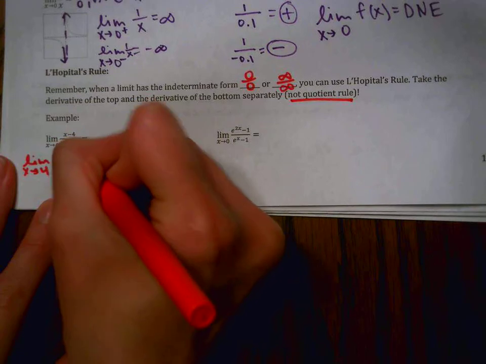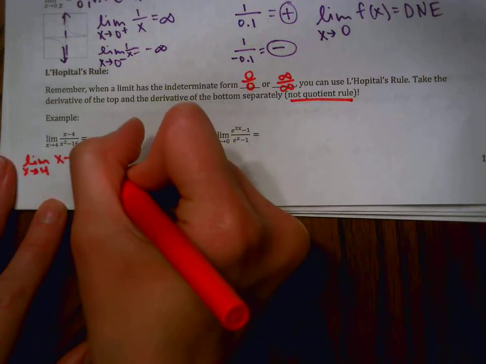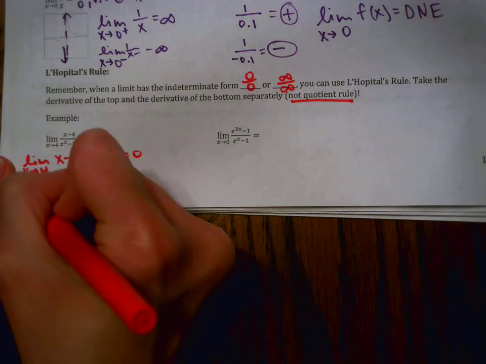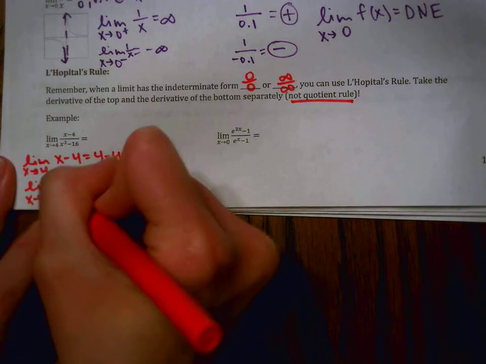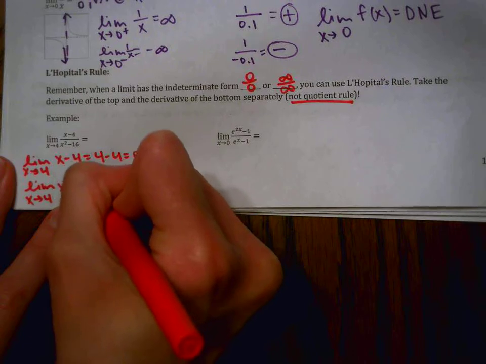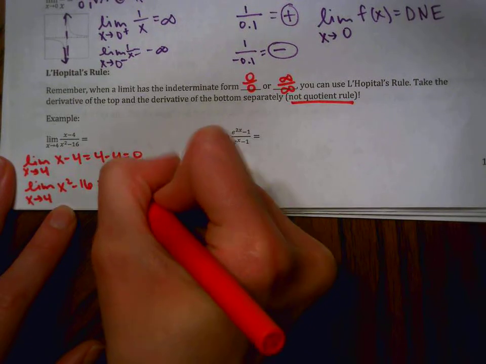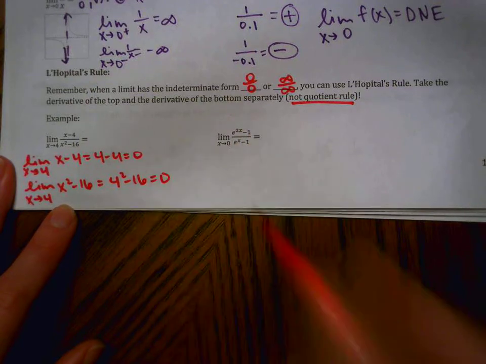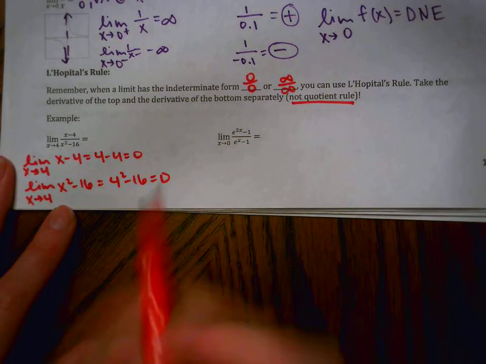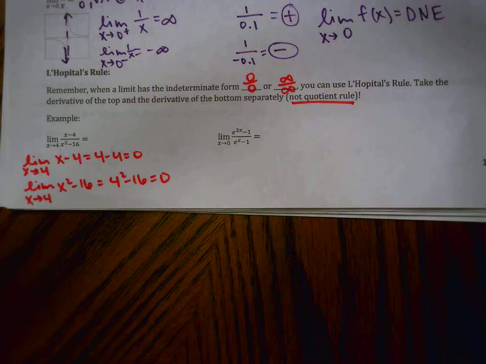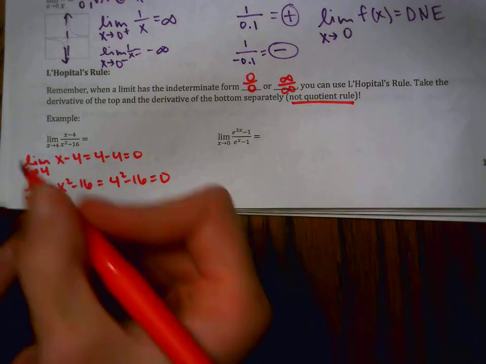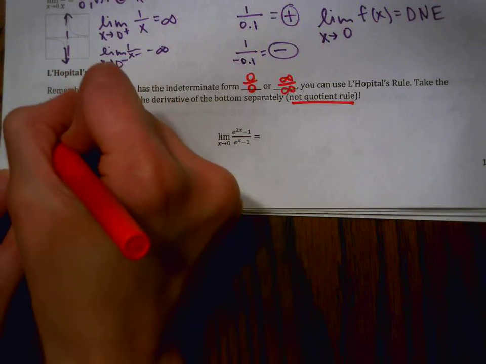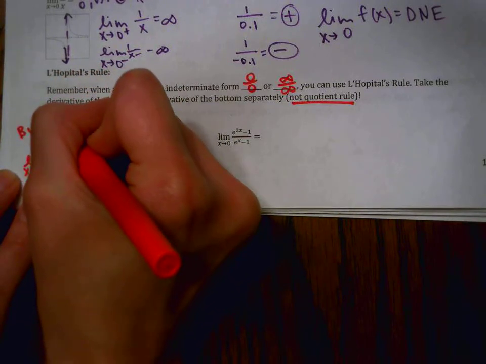So of just the top, I can see that if I plug in 4, that would be 0. And then do the bottom one, which is x squared minus 16. If I plug in 4, that would also be 4 squared, 16 minus 16, which is 0. So because those are both 0, and if you had more room you could write this out in order, then you would go back and say by L'Hopital's rule, which I'm going to abbreviate for the sake of room,